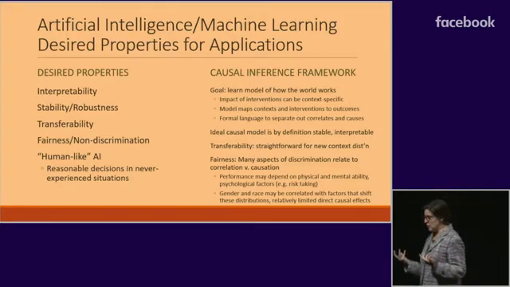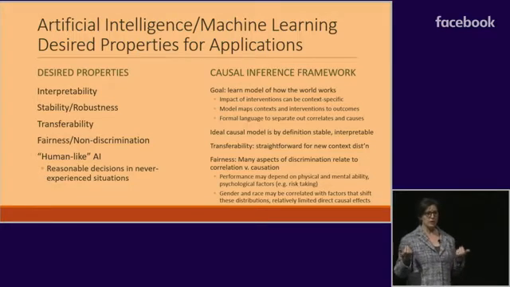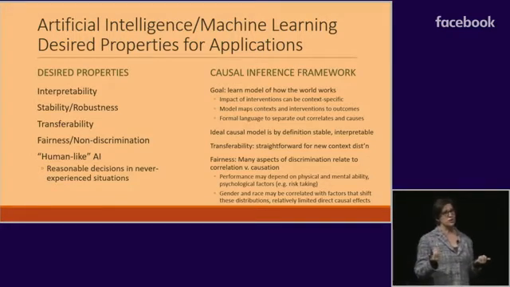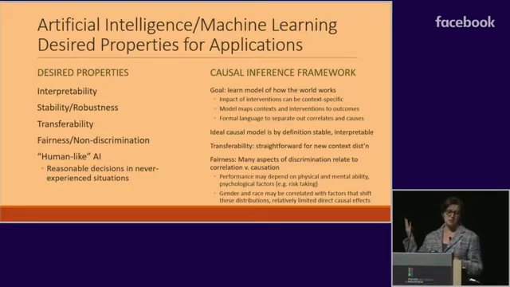But to me, what does it mean to be human-like? One big aspect is that you're going to make reasonable inferences, reasonable decisions in scenarios that you haven't seen before. And again, that's going to be part of causal inference and counterfactual reasoning. So my argument is going to be that actually all of these desiderata are satisfied sort of by design in